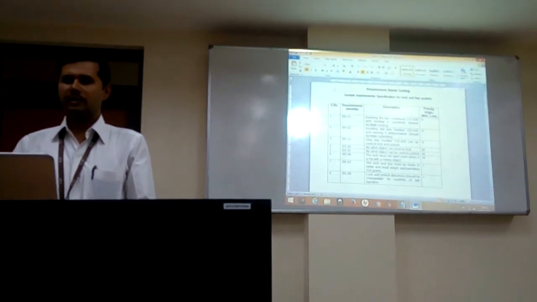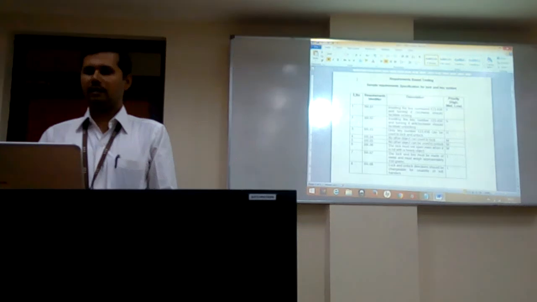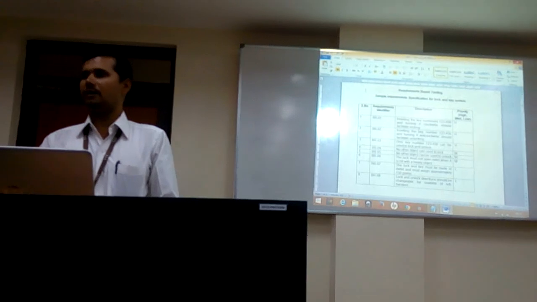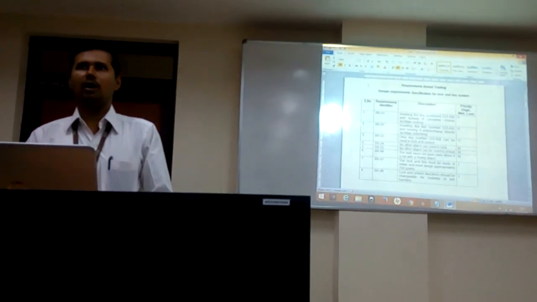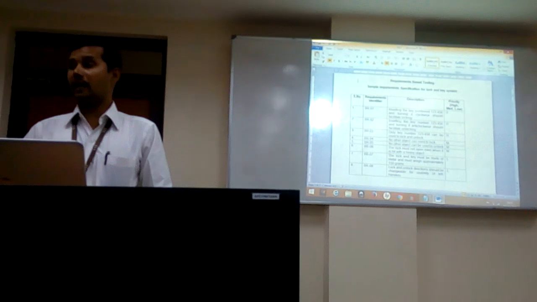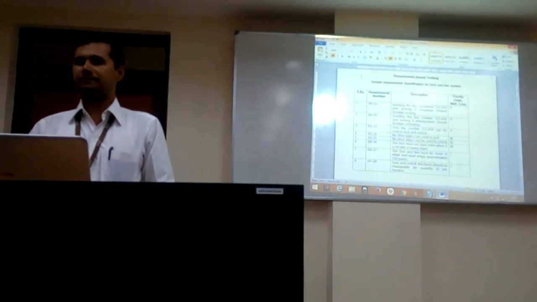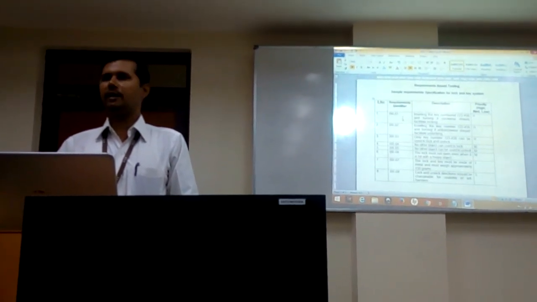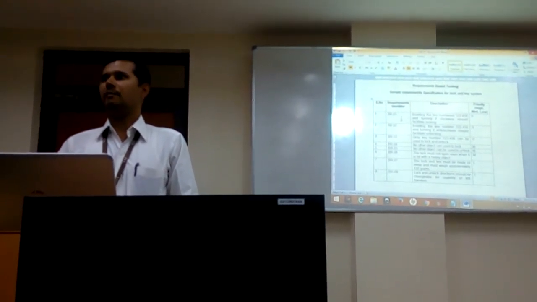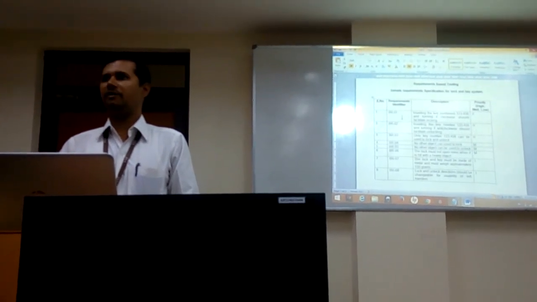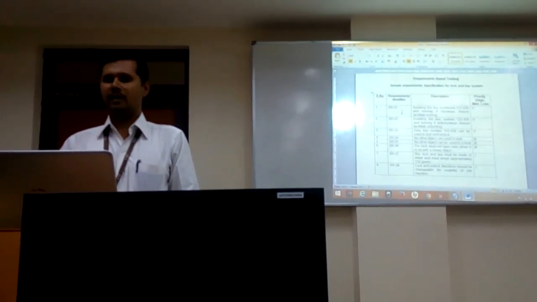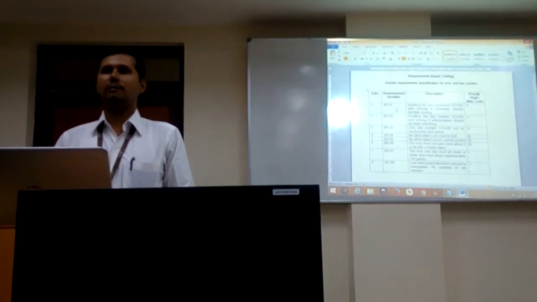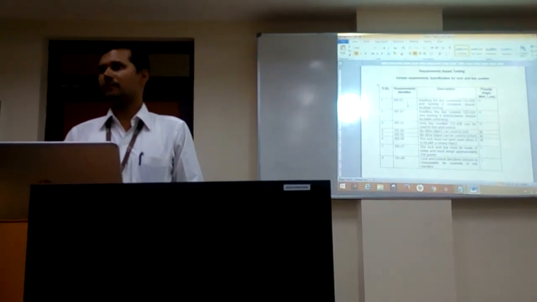First one is serial number, second one is requirement identifier, third column is the description about the requirement, and the last one is priority: high, medium, low, right? It is already decided by the requirement analyst, and you cannot change the priority. You may be noting that in the requirement identifier field, every requirement starts with the letters BR-01, BR-02, like that, and it goes on. As far as this application is concerned, we have 8 requirements. BR stands for black box requirement.